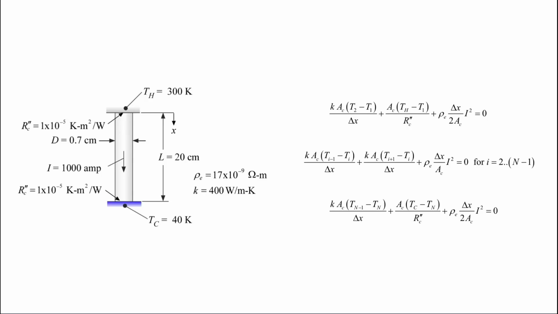So let's take an example in the last 10 minutes here where we have properties that are not constant. So here we had these two properties, the electrical resistivity and the thermal conductivity being fixed constant values. In reality, you have this huge temperature swing. If you remember back to the conductivity chart at the beginning of class, conductivity is not constant as a function of temperature. So let's assume these are no longer constant, and let's introduce some functions, just whatever we want,